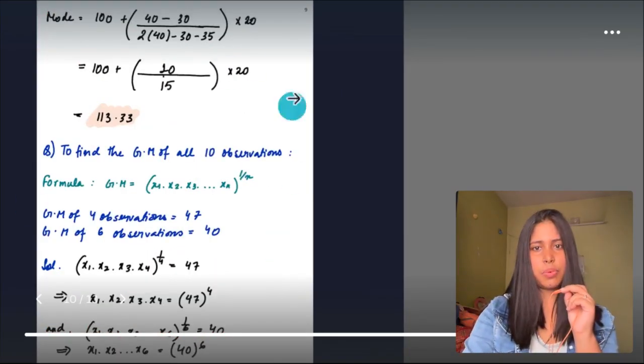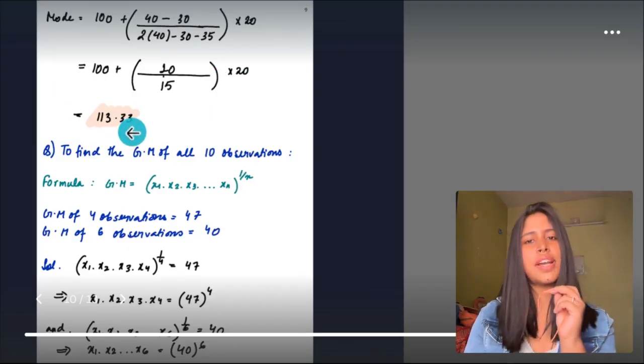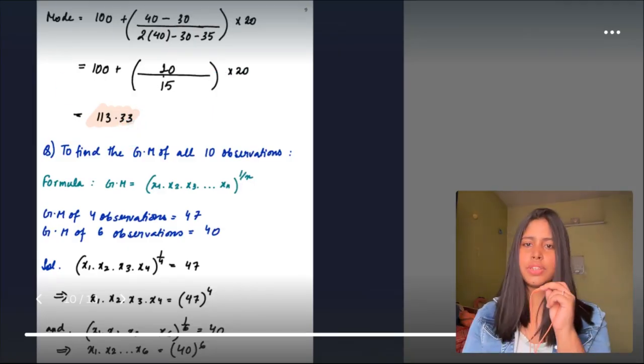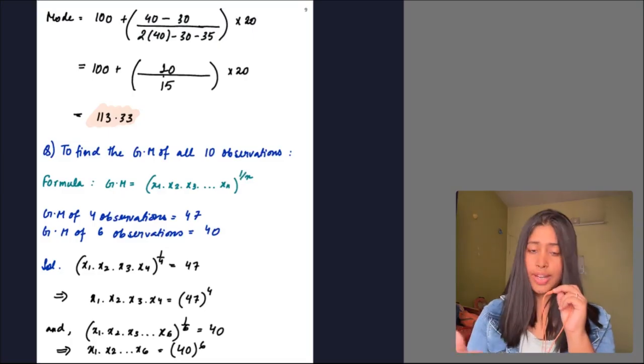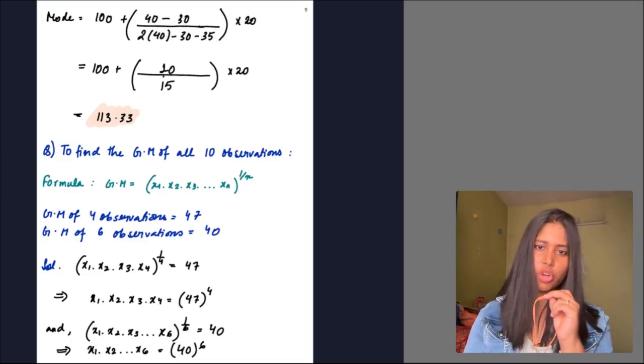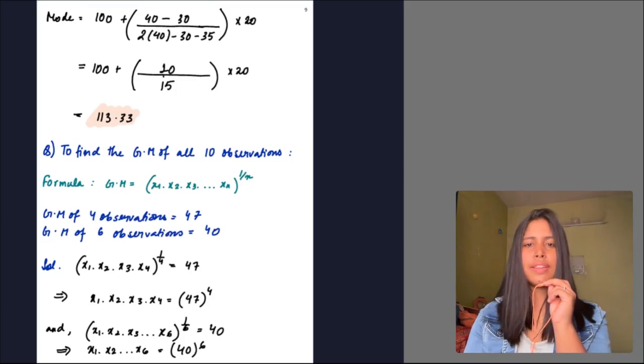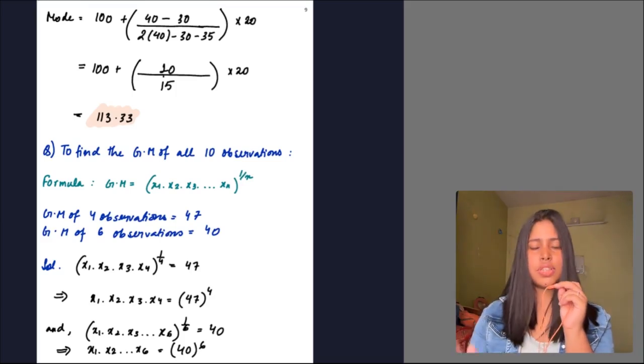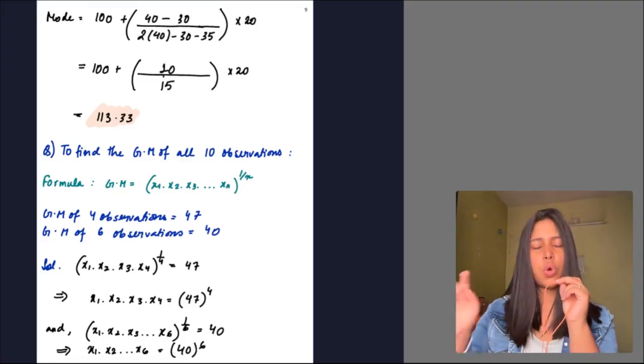See, we are putting this in the formula and getting the answer as 113.33. Okay, now coming to the next type of questions. This question is from geometric mean. To find the geometric mean of all 10 observations, first we need to know the formula. The formula of GM is equal to (x1 into x2 into x3 goes on till xn) whole to the power 1 by